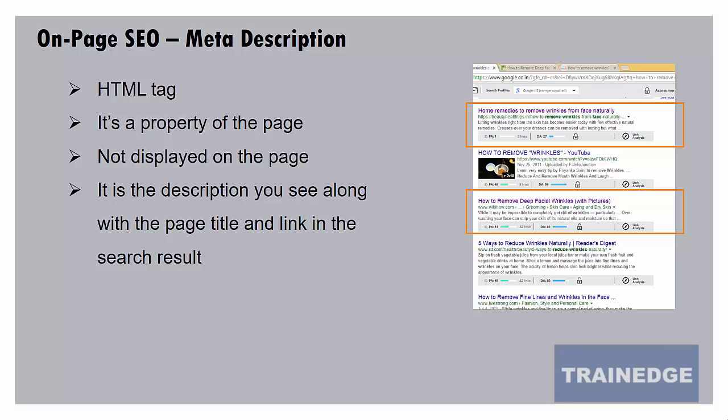A well written meta description will get more people to click on the search result and thereby give a signal to Google that the page is more relevant, it is more important, and if more people click on a particular search result, that search result tends to move higher in search rankings. So this is how meta description can help you get more search traffic and improve your search rankings.